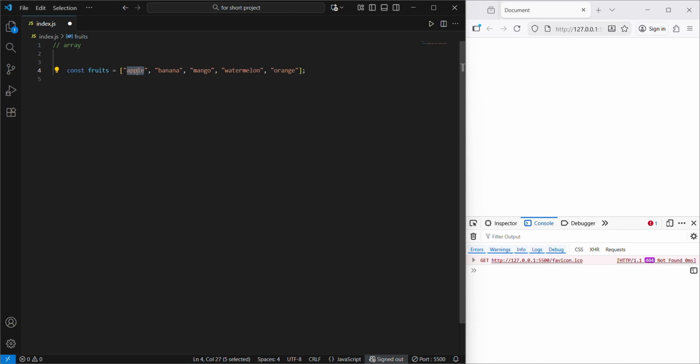The first element starts with 0 index. The second element inside the array starts with 1 index. The third starts with 2 index, like this. If you want to call an element inside the array, you can call it with its index. For example,